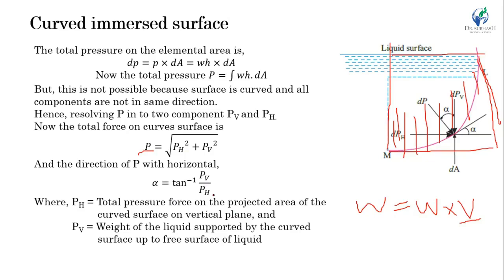Now where will this force act? The location of the vertical pressure force is the location of the total force acting on the surface. By considering the projection of the curved surface on the vertical surface, you can calculate the CG, which may be here. Then you get the center of pressure C underneath the CG. So this way you can calculate the total pressure force, the location of the pressure force, and the inclination or angle of this force acting on the curved surface.